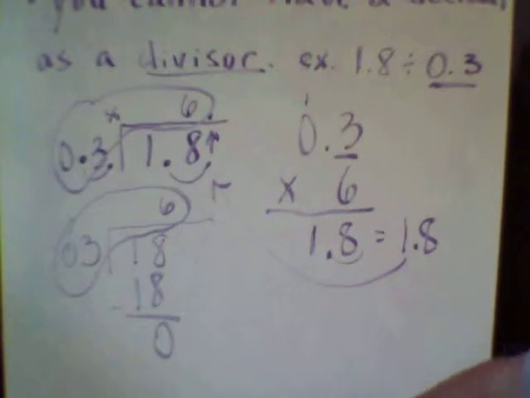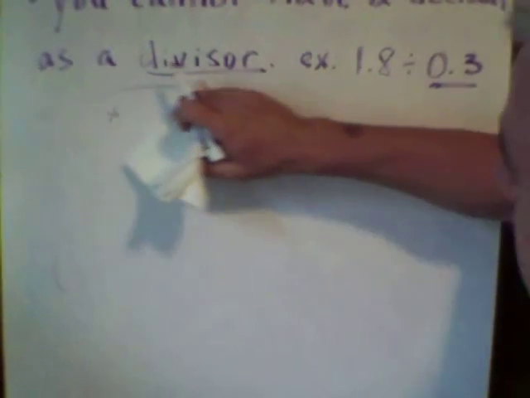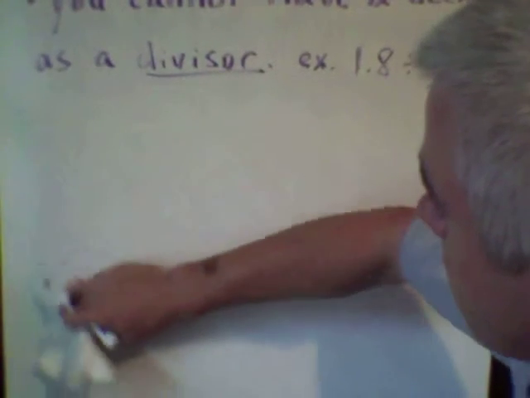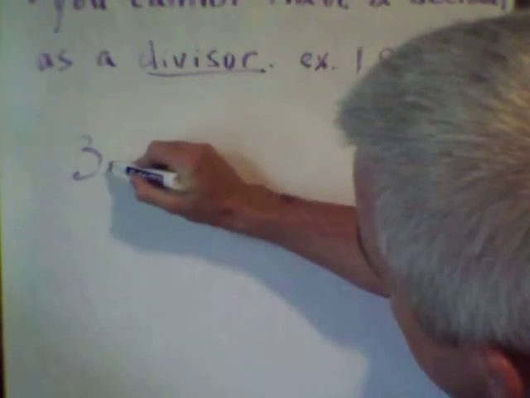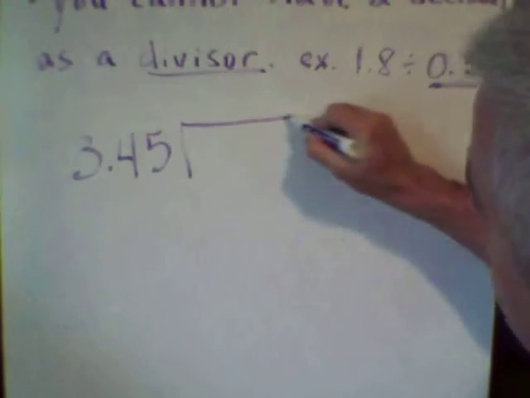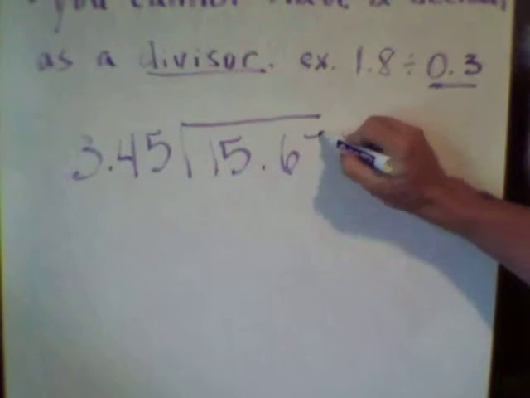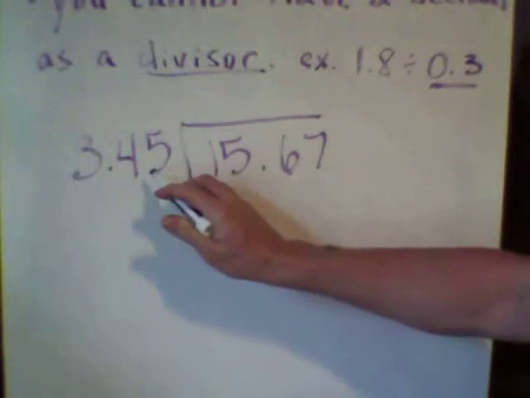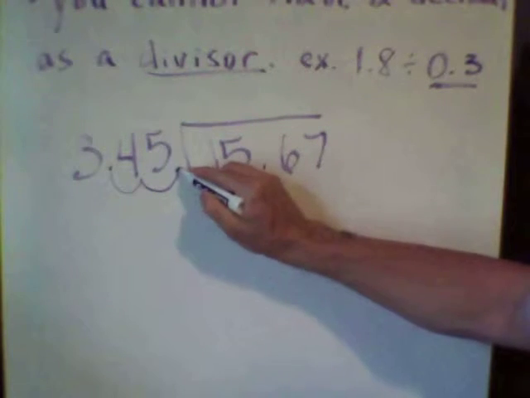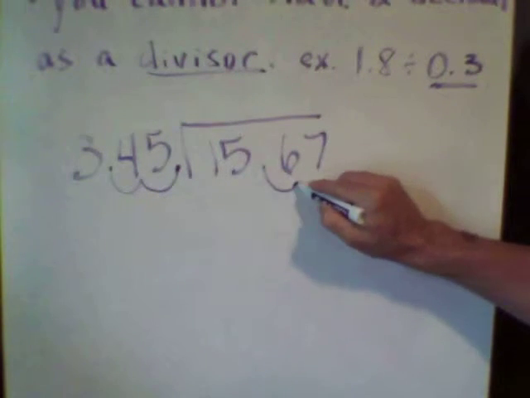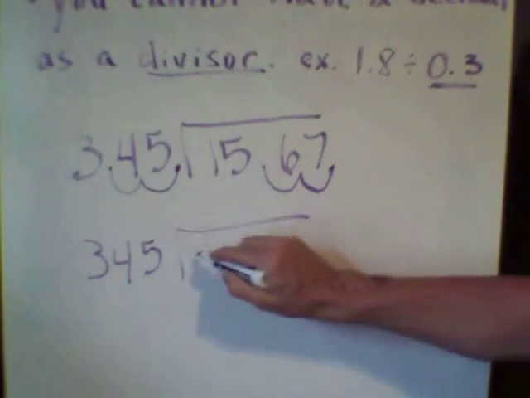So that's it. If you have more decimals, you move the place that many on the dividend and the divisor. If you start out with 3 45/100ths into 15 67/100ths, you have to multiply this really by 100. It's the same thing as moving the decimal 2 spots. You move it 2 spots here, and so your new problem is 345 into